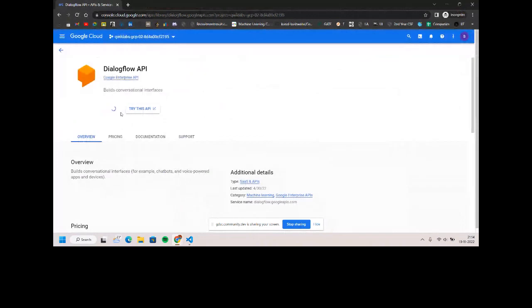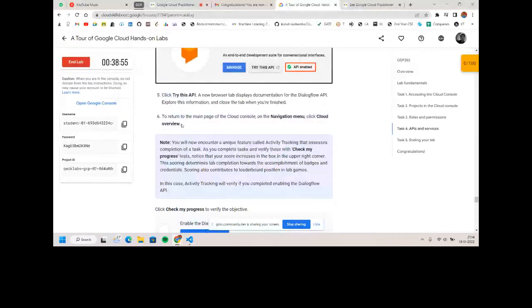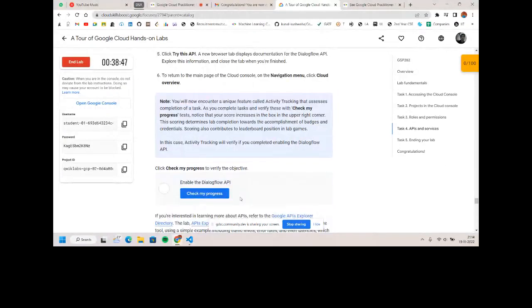Meanwhile, we can read the last steps. Okay. Click AI, a new browser will display documentation. You can do that. For the sixth step, you can just return to the main page. And here is the main crucial part of the lab, where you can check your progress, like how much you have done and what you need to do next. Right. Now,